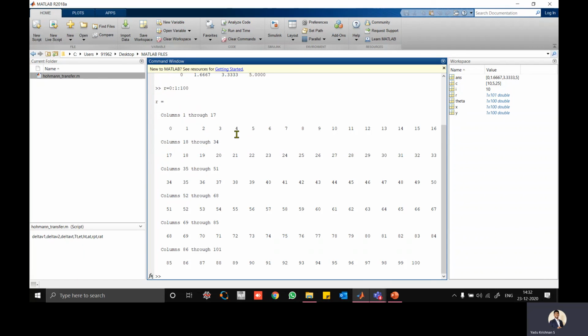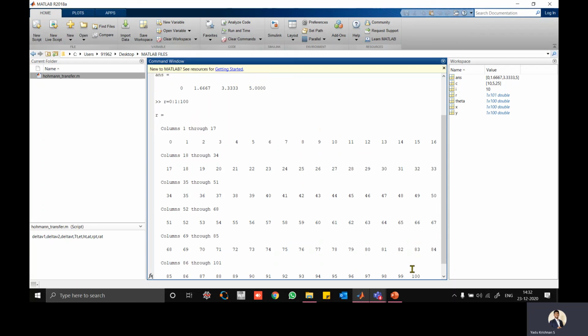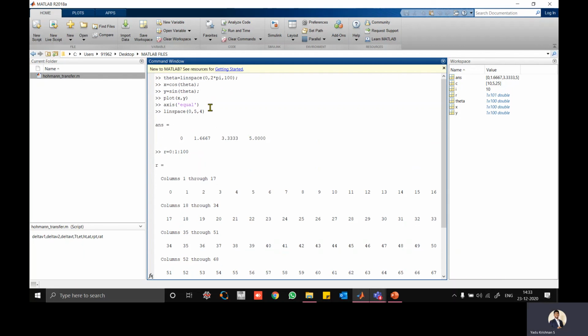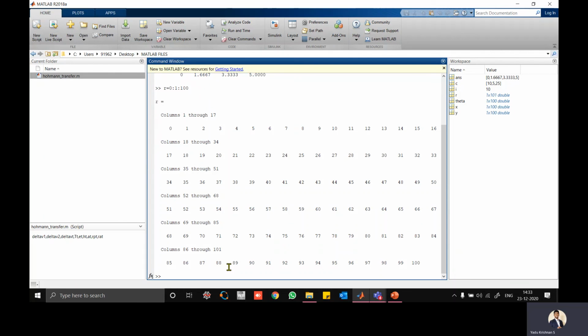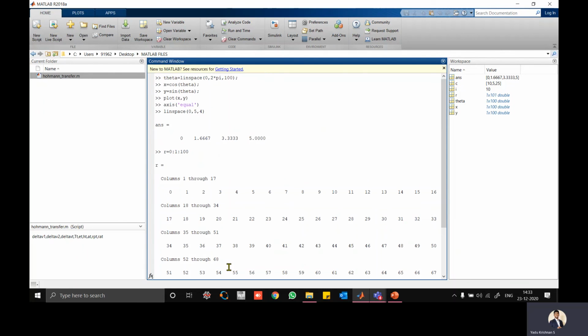See, 1, 2, 3, 4, 5, 6, like that up to 100 it is there. So if you know the increment, you can use this one using the colon. If you are not worried about the increment, but need n values between initial and final, you can go with linspace. I hope you understood the significance of linspace and the colon.